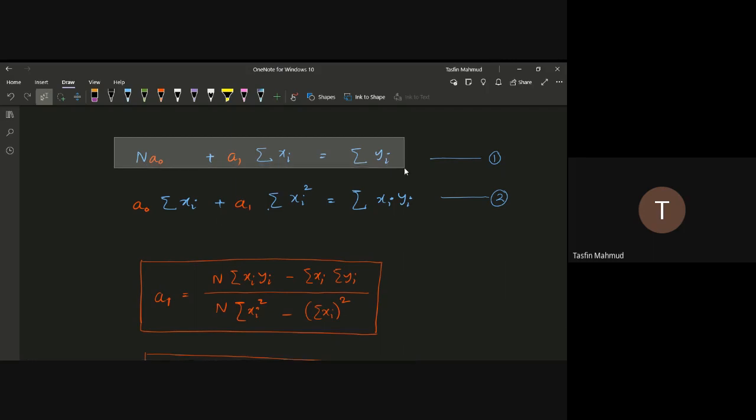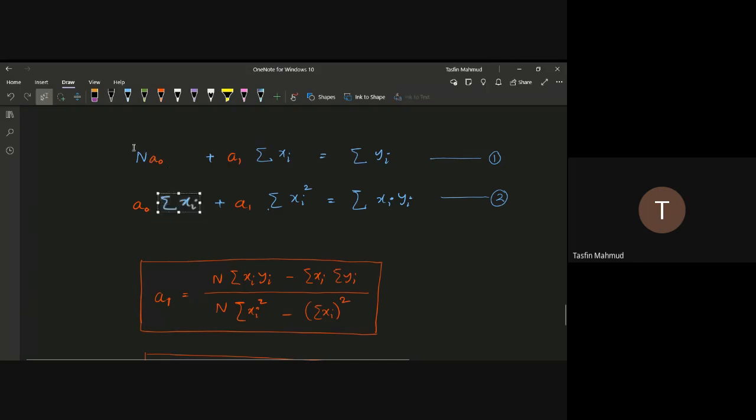ধরেন আমি 1 নাম্বার ইকুয়েশনকে সামেশন অফ এক্স আই দিয়ে গুণ করলাম, তাহলে এখানে একটা সামেশন অফ এক্স আই আসবে। আর 2 নাম্বার ইকুয়েশনকে এন দিয়ে গুণ করলাম, তাহলে এখানে একটা এন আসবে। তারপর যদি আমি বিয়োগ করে দেই তাহলে এ নটটা ভ্যানিশ হয়ে যাবে। মানে এ নটের কোএফিসিয়েন্ট গুলো ইকুয়াল করতে চাইলে প্রথম ইকুয়েশনকে সামেশন অফ এক্স আই দিয়ে, আর দ্বিতীয়টাকে এন দিয়ে গুণ করে সাবট্রাক্ট করে দিলেই আমরা এ ওয়ান এর এক্সপ্রেশনটা ডিরেক্টলি পেয়ে যাব।